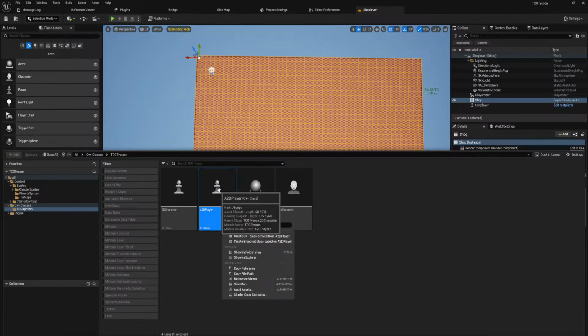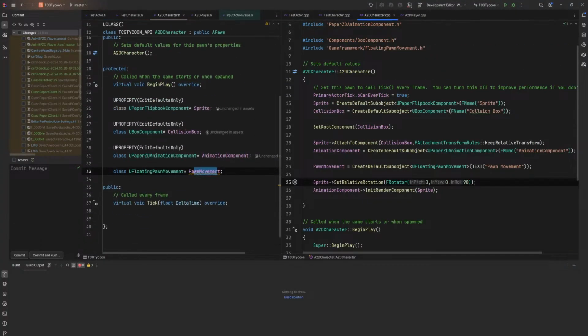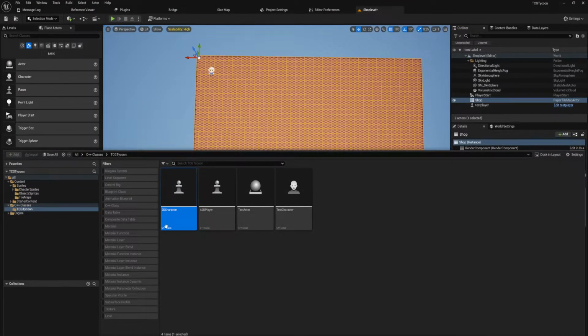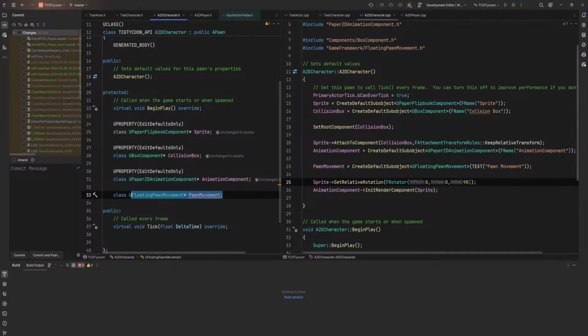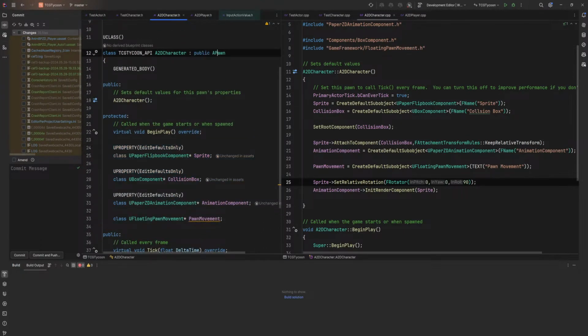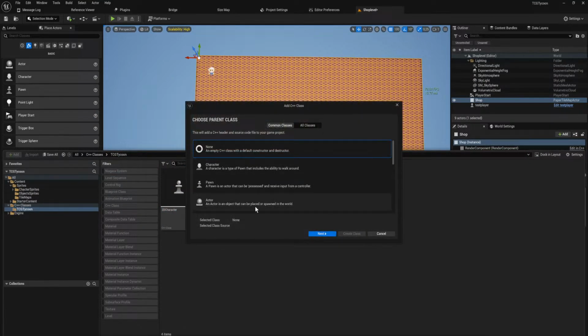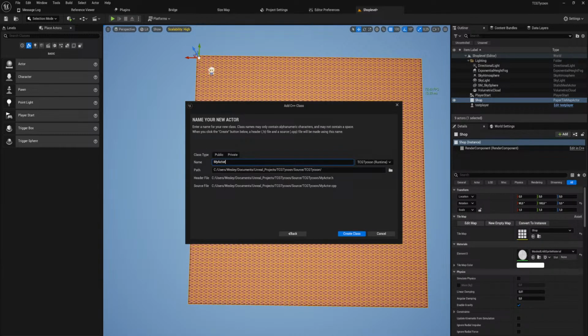Hold on. 2D character. Does 2D character have anything that would prevent it from an animation component? I guess it doesn't need an animation component and doesn't need pawn movement. Yeah, no, let's make this something separate. Do we want to make a separate parent class that is just like 2D object, or 2D actor, that's just an actor with these two things on it? Oh no, because this needs to inherit from pawn. No, okay, never mind. So we'll make a new C++ class inheriting from actor, and we'll call this